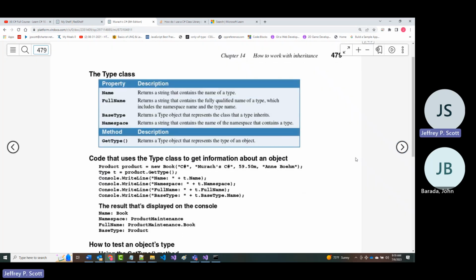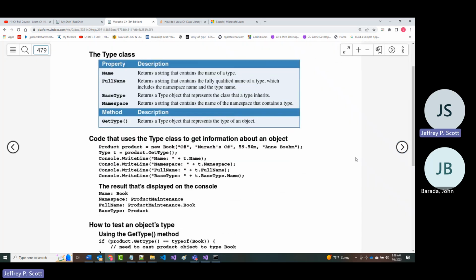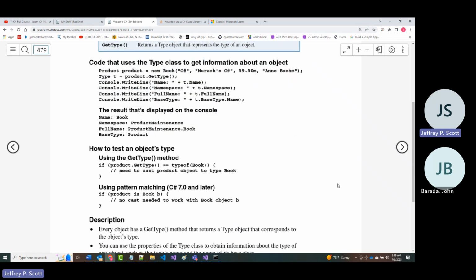So they show in here, again, these are things that you can get from the type class. So the type class has a name property, a full name property, which means it's fully qualified, a base type, so where does it inherit from, and a namespace property. All right. In addition, it has that get type, which returns the type that represents the object type. So if we look at the examples that are here,